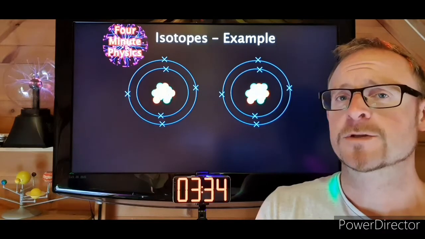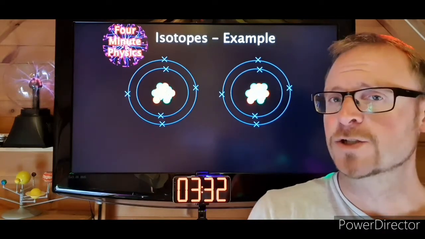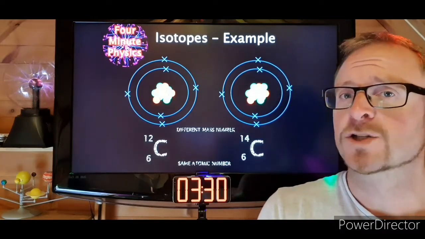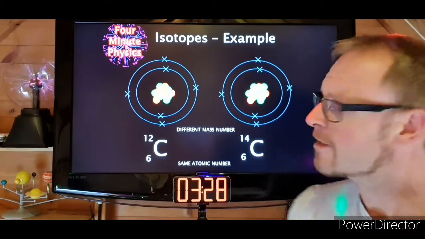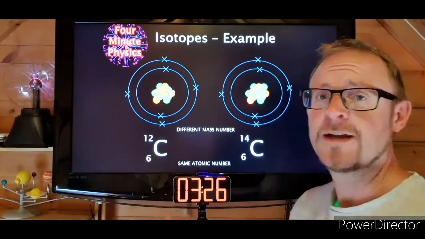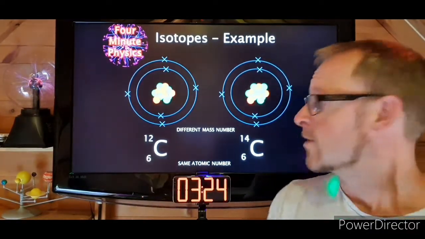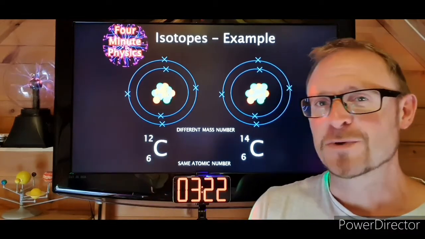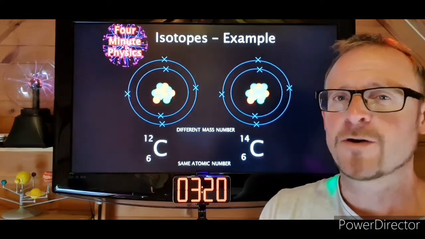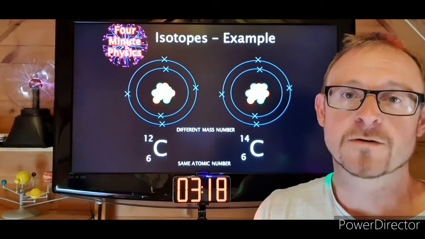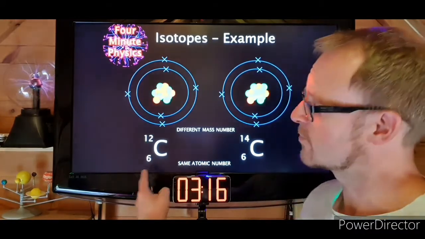In these two diagrams, these two are isotopes of each other. Now, what I've drawn here are two isotopes of carbon. The first one here on the left-hand side is carbon 12. The 12, of course, represented by the mass number at the top there. In carbon there are always 6 protons, so the atomic number of carbon is 6, and that's represented by the